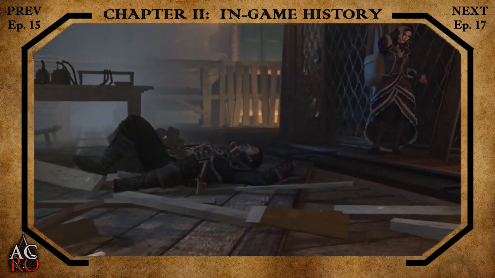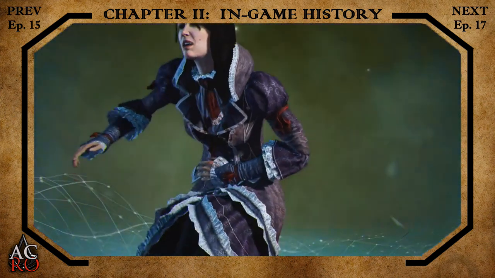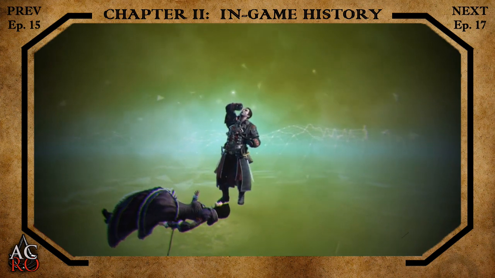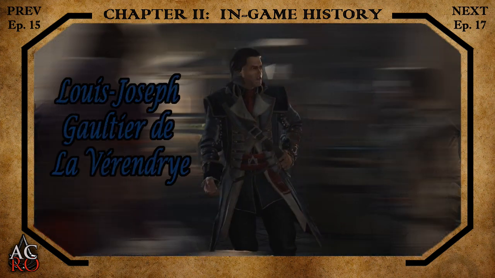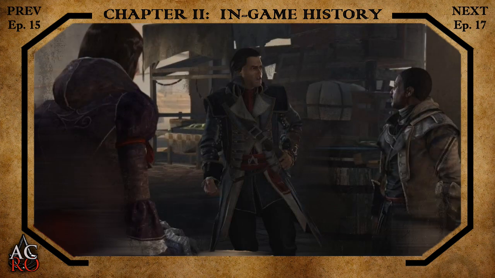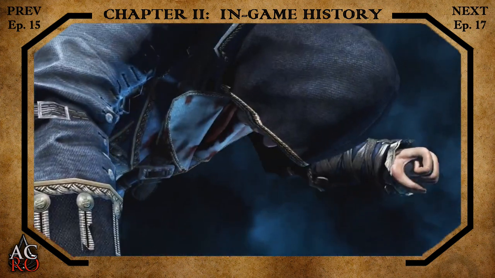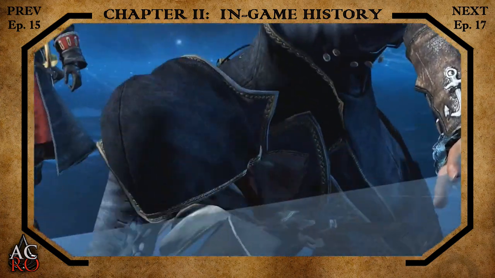At this point, the game tackled an entirely fictionalized stretch of the story that first had Shay confront and kill the invented assassin Hope while in New York in October of 1759, and then begin his hunt for Louis-Joseph Gauthier, Chevalier de la Vérendrye, a former commandant of the Poste de l'Ouest that the game presented as a member of the Assassin Brotherhood. The Templars finally caught up to him in early 1760 and learned from Louis-Joseph the location of